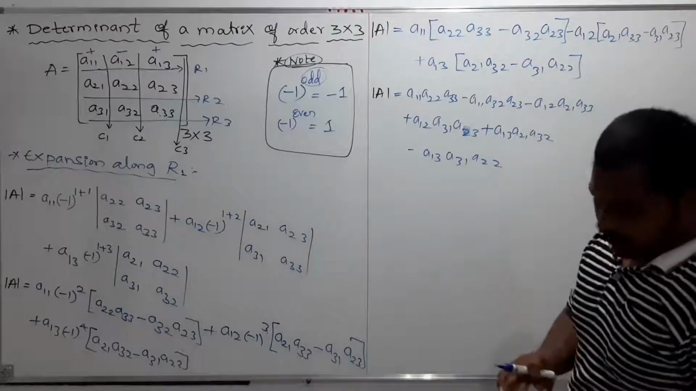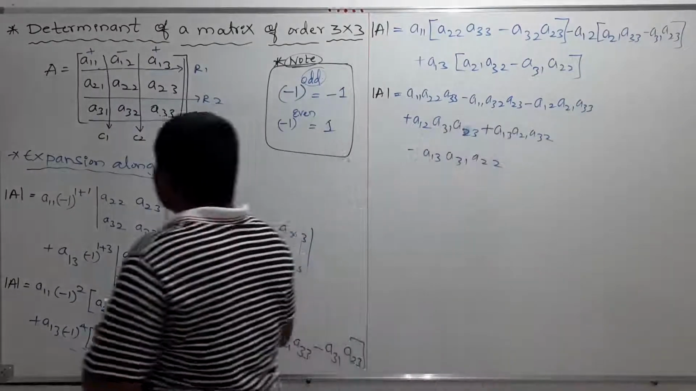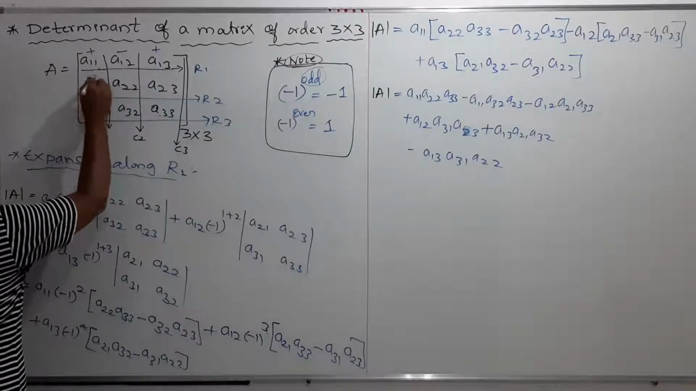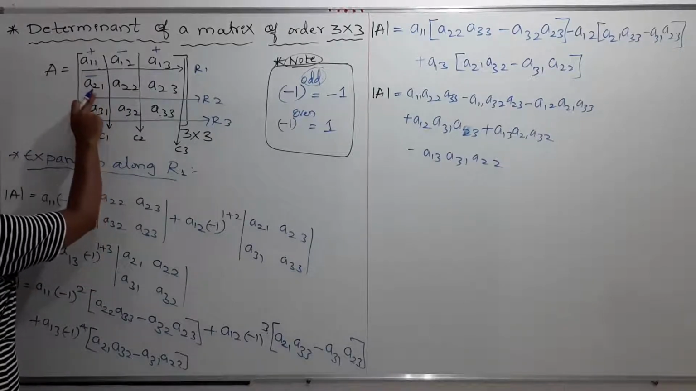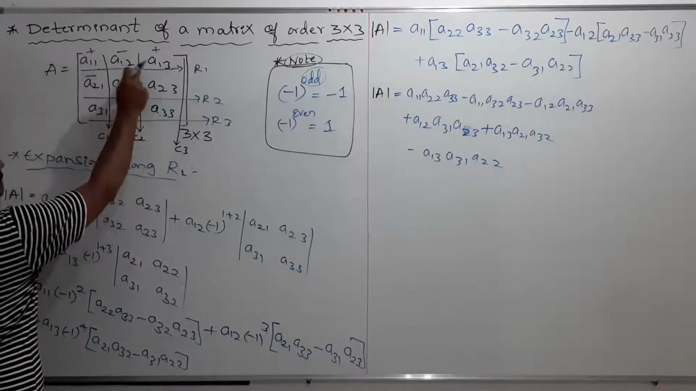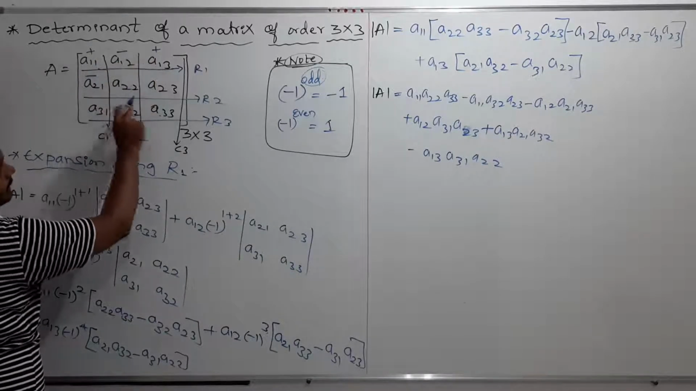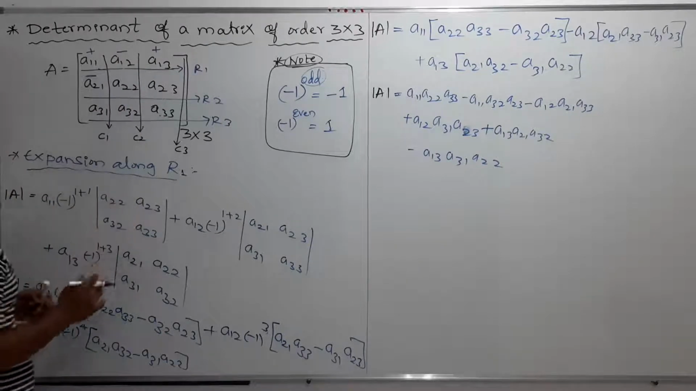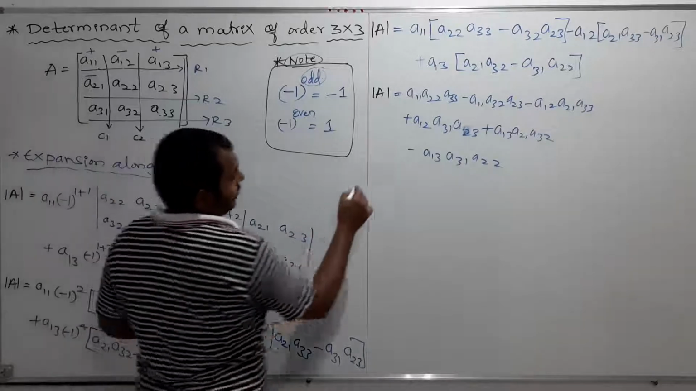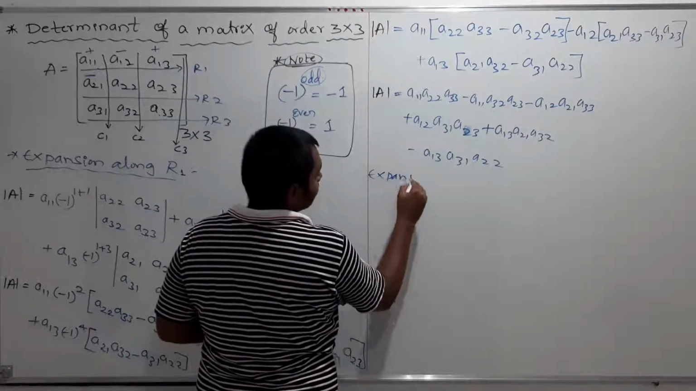This is along row 1. If you are calculating along row 2, in that case you should take the negative of this element, leave this row and this column, and take the determinant of the remaining elements, this element and this element. Clear? So if I wanted to expand along row 2,